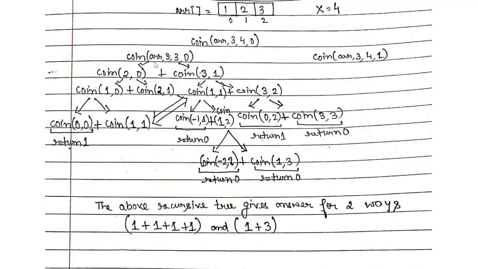So again, whether to choose the element present in index 0 or whether not to choose it. If I choose it, then I would be left with an amount of 2, because I would be reducing the 1 from 3 as well. And if I do not choose it, then I will be sending 3 to my subsequent recursive call, but I will be incrementing my index. And the increment in this index says that till this index I have handled all the denominations. Now tell me, starting from this denomination till end of the array, in how many ways can I make this change or this amount?